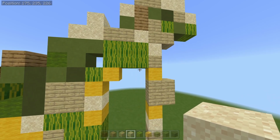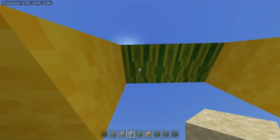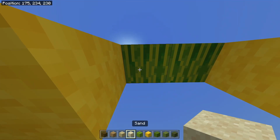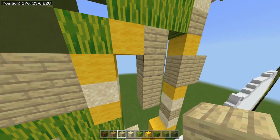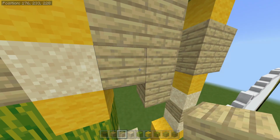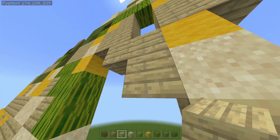So you're going to come over here to where you've got these melons. From the middle block of these 3 melons, so right there, you're going to place 4 birch planks going down, like so. From the second block of those 2 on the left, place 2 birch planks going down. Go back to this 4th block and place a linked 2 going down to the right,